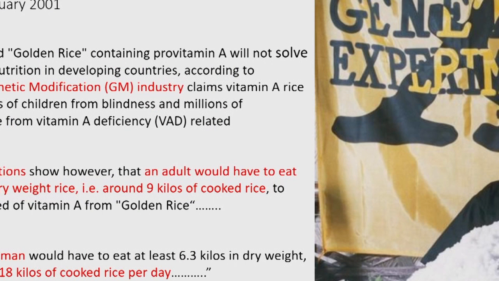Well, Greenpeace in 2001 immediately started making complications for the project. I've highlighted some words from the selection from their press release issued in February 2001 here. First of all, the genetic modification industry. They first start honing in on industry, the big, bad, evil multinationals, you know, who can't be trusted.